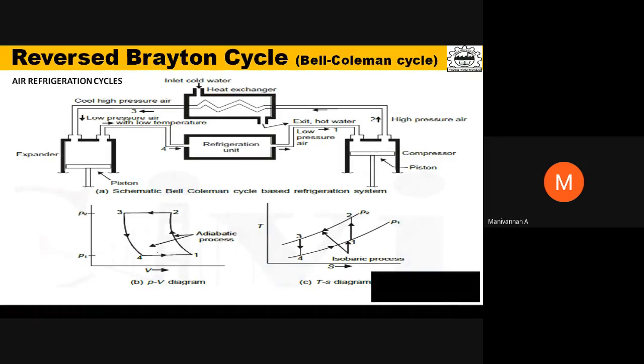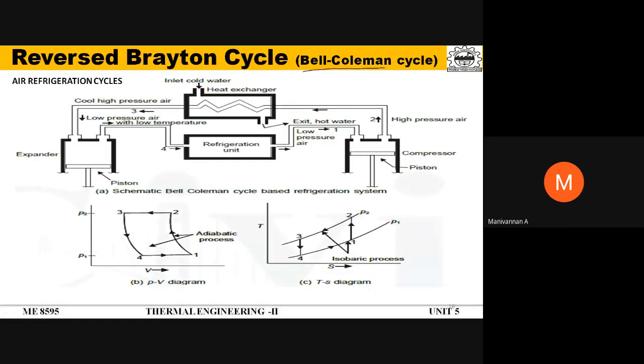Heat addition in the reversed Carnot cycle we take as isothermal heat addition. Here we convert it into isobaric, which means a constant pressure process. So isobaric heat addition and isobaric heat rejection. By doing this, we have modified the reversed Carnot cycle into the reversed Brayton cycle, which produces the refrigeration effect and is a workable system, whereas the Carnot cycle is not. The reversed Brayton cycle is also named the Bell-Coleman cycle, with air as the working fluid. This cycle will work and produce the required refrigeration effect.